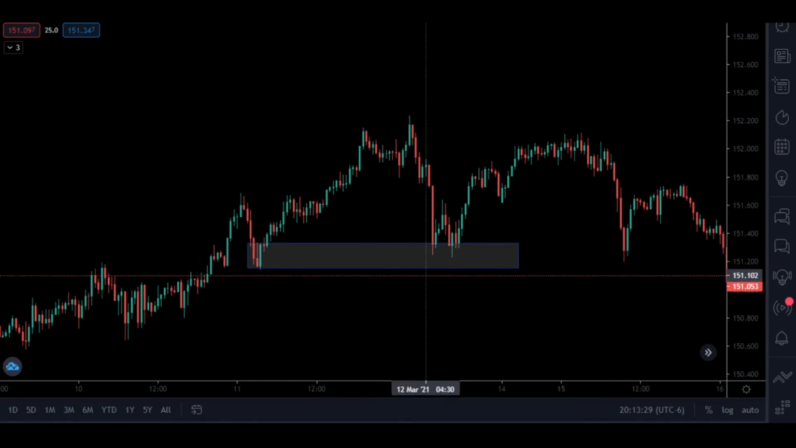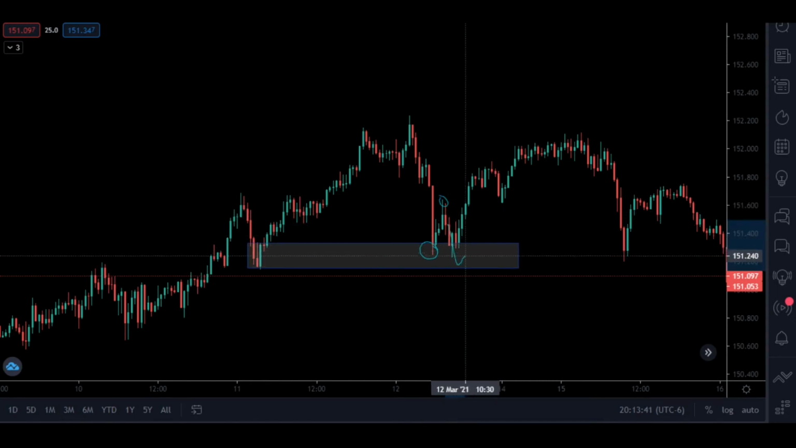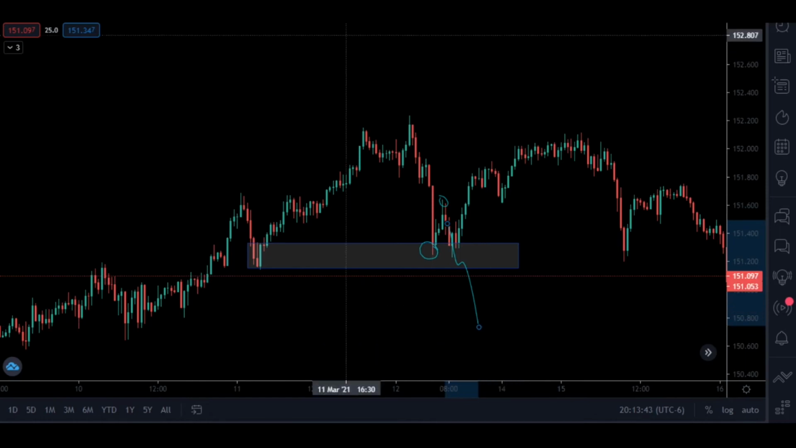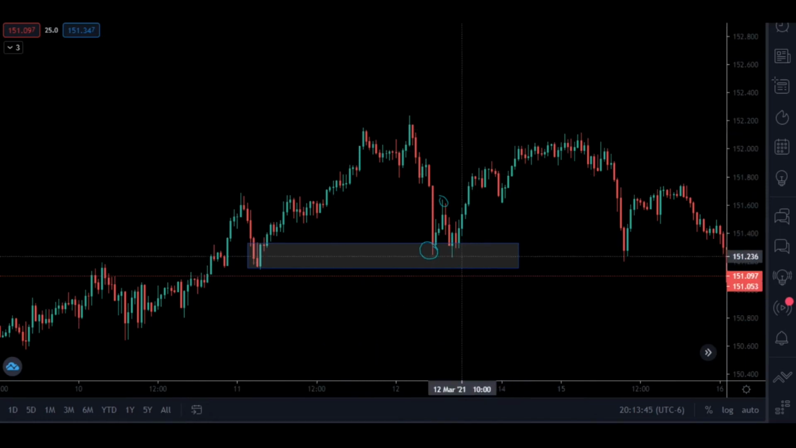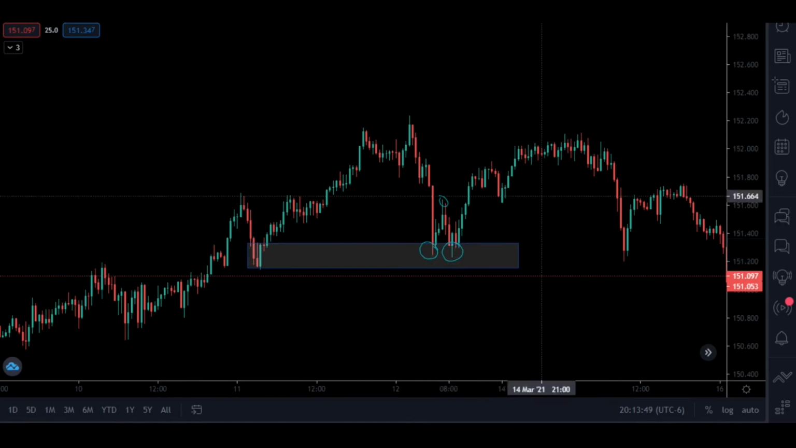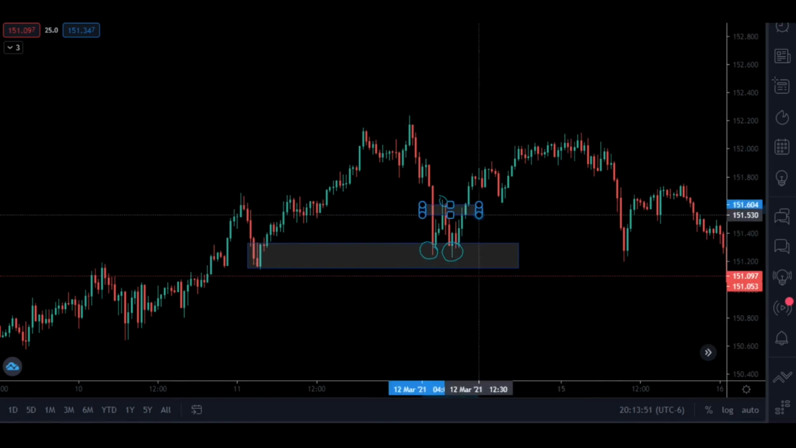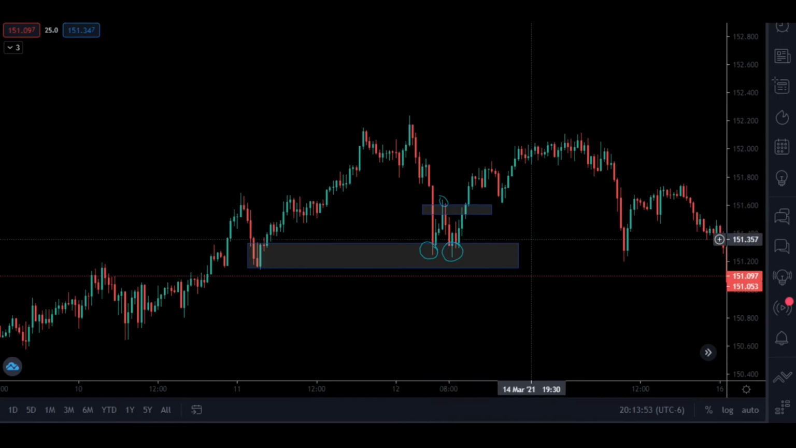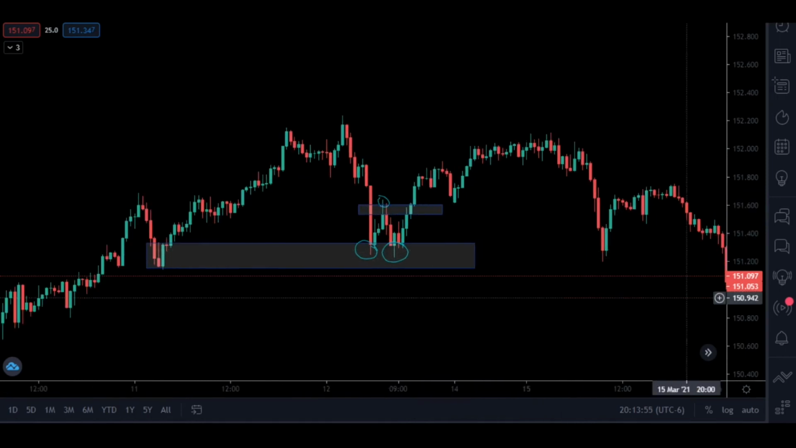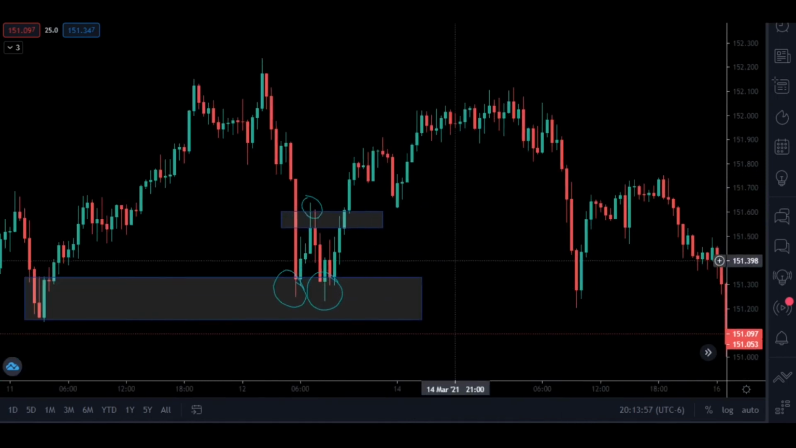Price made this low, rejected from this demand zone, made this high. Then what happened? Price should have continued, like going down, retest, go down, but it didn't. Instead, it made this double bottom. So now what do we do? We wait, identify the neckline. Here we have it, draw it, and now